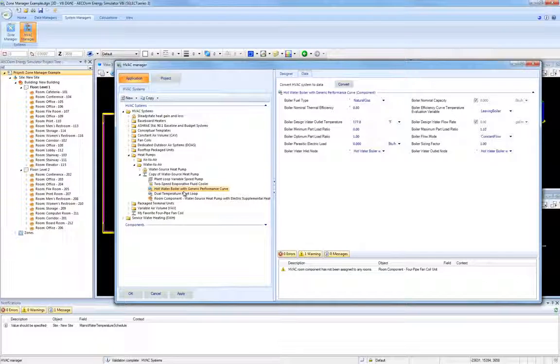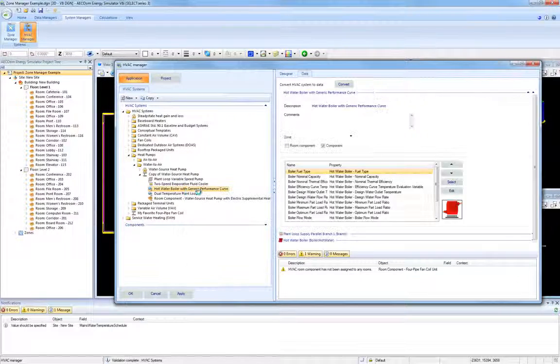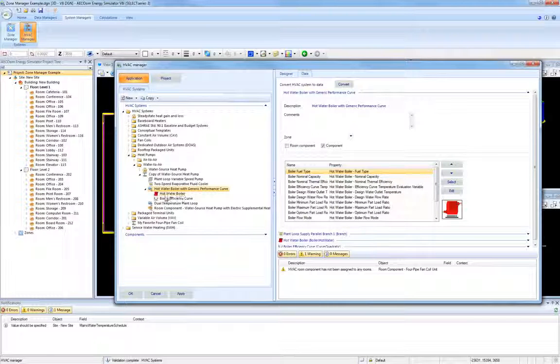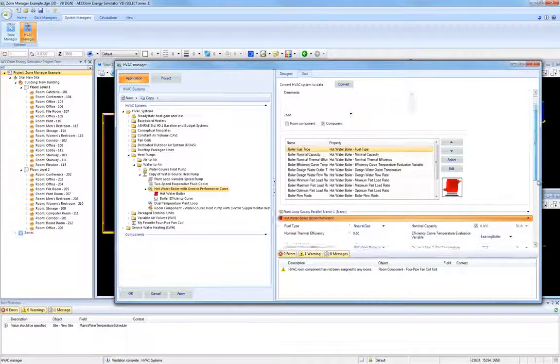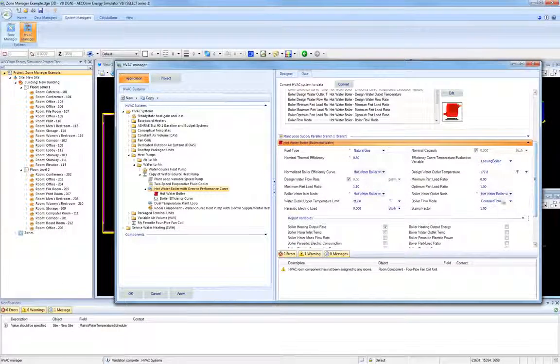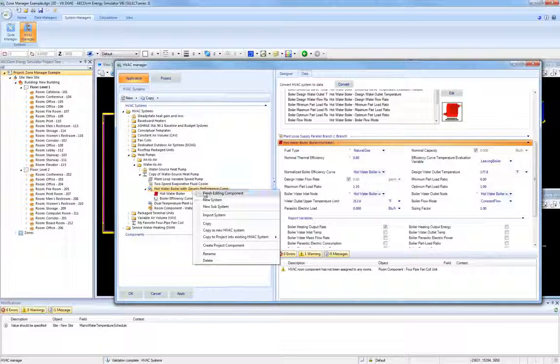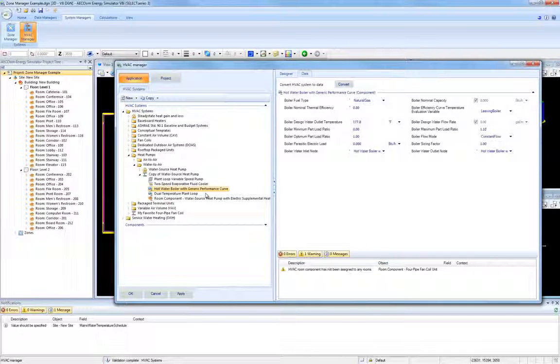In that case, you can simply right-click and say Edit Component. In that case, all the subcomponents will be shown along with all of their input values in the Data tab. At this point, you can edit any of those input values, and when you're done, simply right-click and say Finish Editing Component.